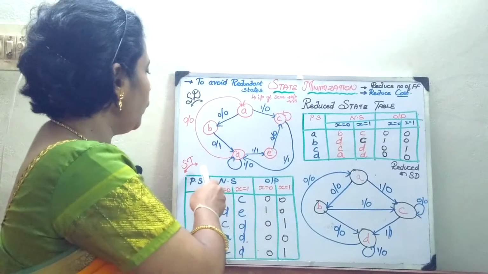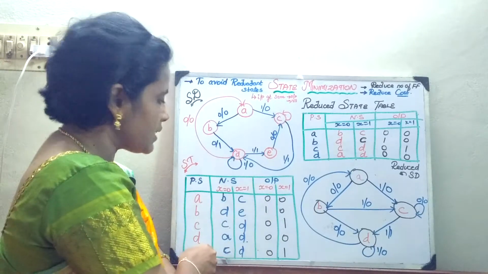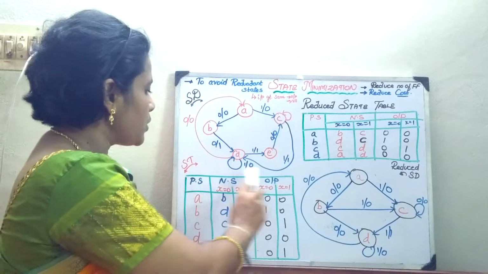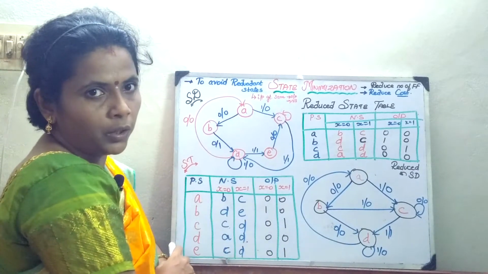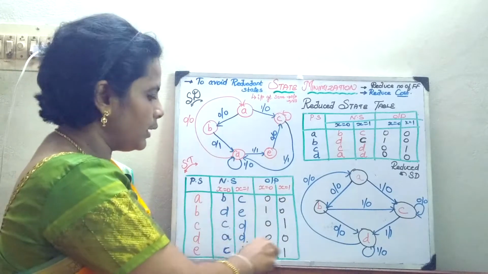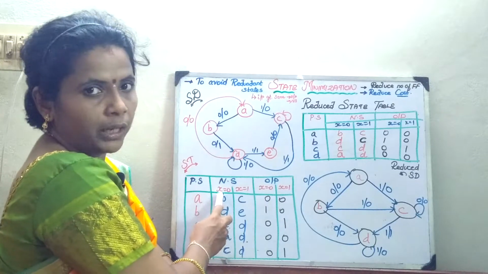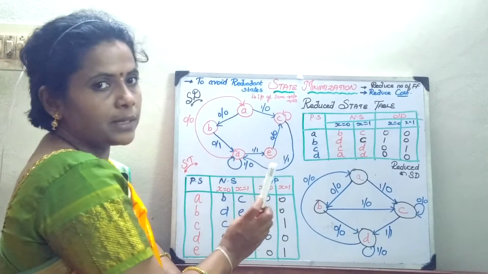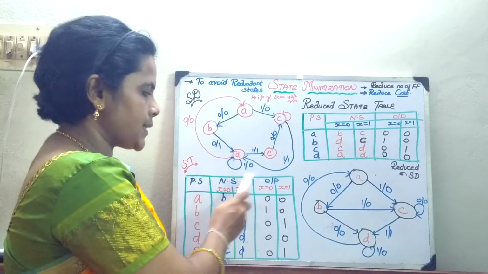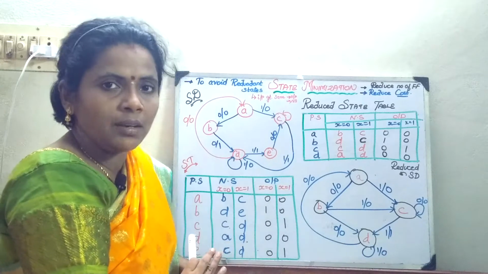Now let us see, how many states are given? 5 states are given. So what are the components of your state table? The present state, next state and output. Here itself I have written it in the form of the reduced state table, and here I put the input, x equal to 0, x equal to 1, x equal to 0, x equal to 1. So 4 components are there: present state, next state, output and inputs. This comprises your state table.